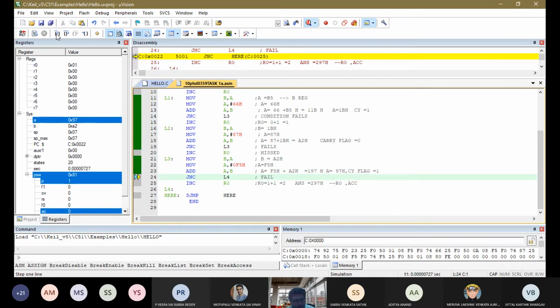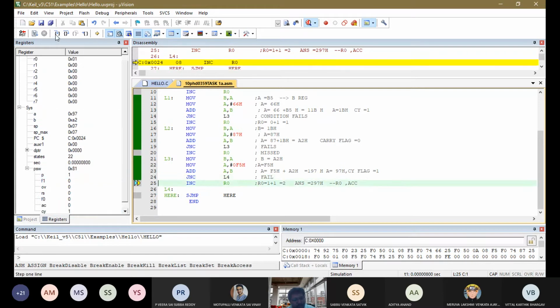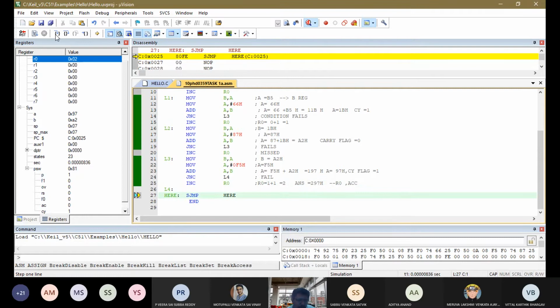Finally, you can see that the carry flag will be affected for each and every condition, but it will not have the count of how many times it has been executed. That's why R0 has been incremented. Okay, so we are going for R2 to hold the carry. The carry is modified every time. It is of a volatile nature. For every arithmetic operation, the carry flag is affected and it is affected again by the current arithmetic operation. Therefore, we cannot have the overflow in the carry flag for the next operation.